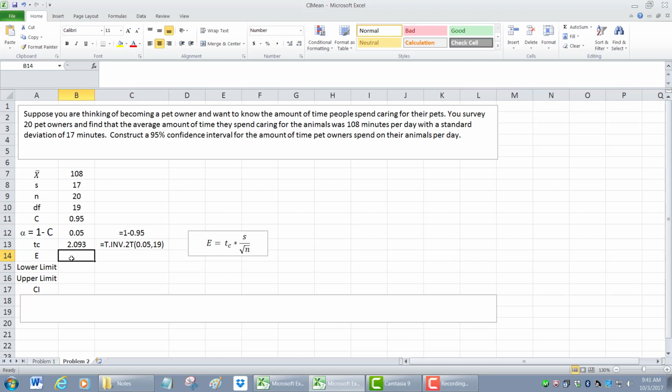Okay, now our margin of error, again, here's the formula. It's the critical value of t times the standard deviation over the square root of the sample size. So it's equal to 2.093 times 17 divided by the square root of 20. And that comes out to 7.96. There's that calculation. And now our lower limit is going to be